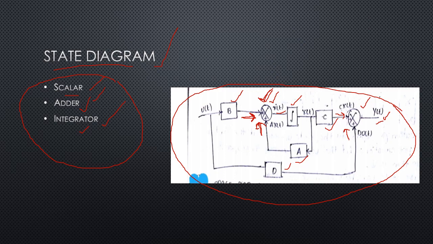So in the state diagram, we are representing the state equation as well as the output equation. When we represent both, the state diagram consists of the state model of the system. Therefore, when we represent the state model of the system in a pictorial, figure form, that form of representation is known as the state diagram of the system.